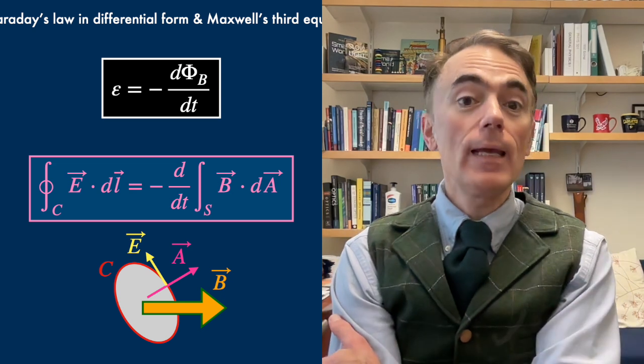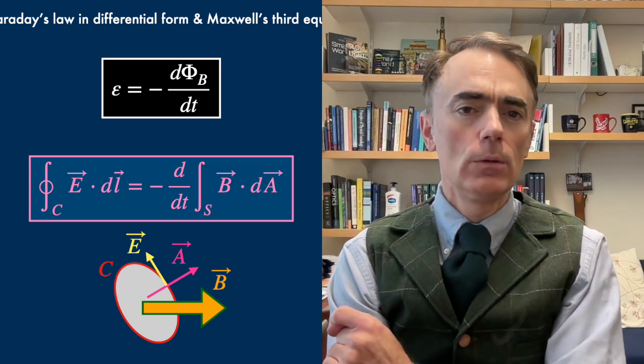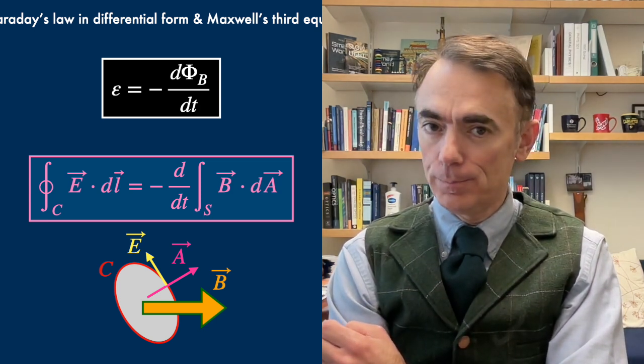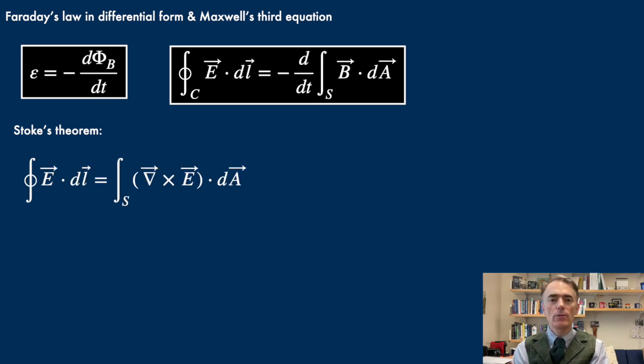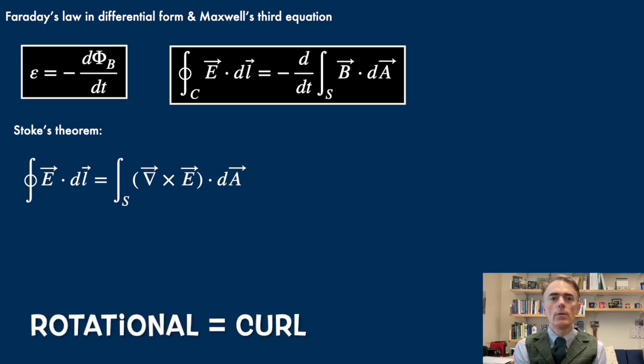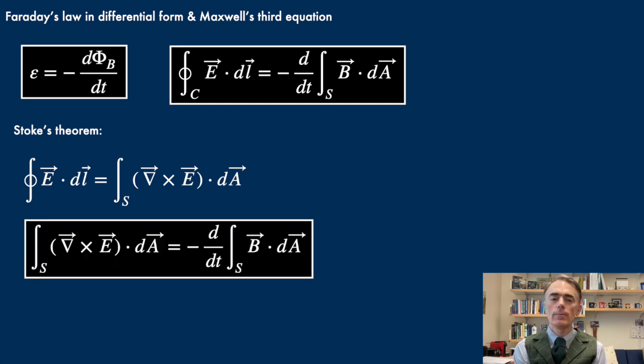But this expression is not yet in a general mathematical form. To proceed, we use a powerful mathematical tool, Stokes' theorem. Stokes' theorem relates the circulation of a vector field around a closed loop to the curl of the field over the surface it encloses. The closed integral of E dot dl is the integral of the curl of E dot dA. Thus, substituting this into our equation of Faraday's law gives